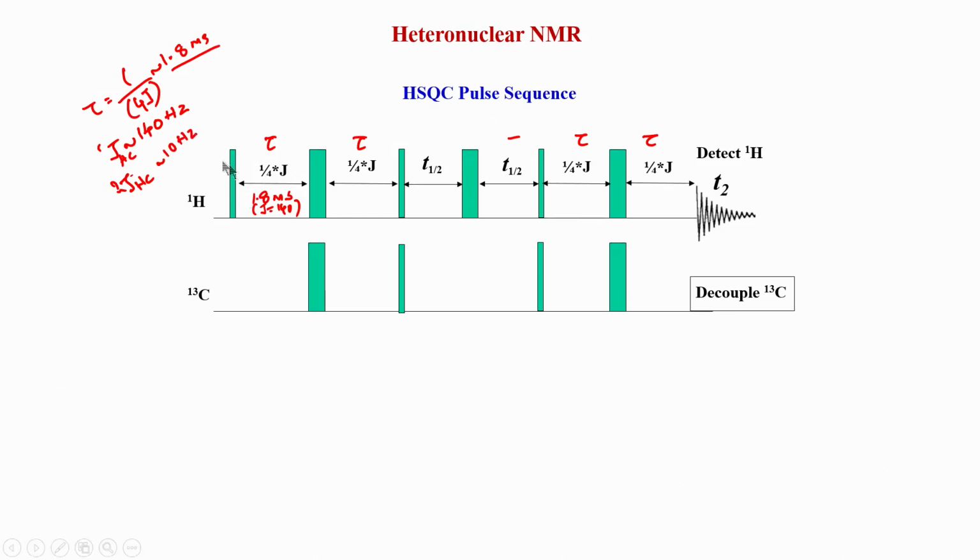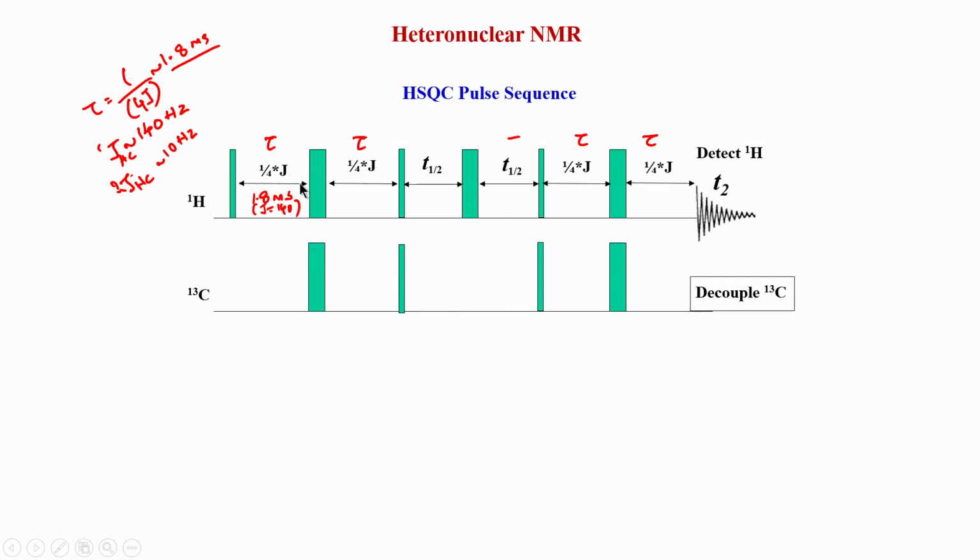The tau will now become 1 over 20, 1 over 40 milliseconds, and that is much longer compared to 560 microseconds which we got because J was 1. So, it is about 15 times longer, okay, because the coupling is also about 15 times smaller. So, this tau value always entirely depends on the J value. So, let us assume that right now for this example that we are looking at proton to carbon 1 bond, in which case we will use 140 which is for aliphatic systems.